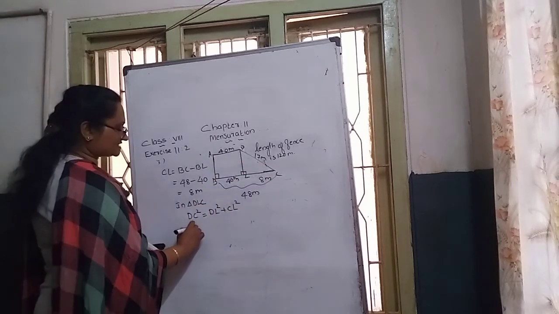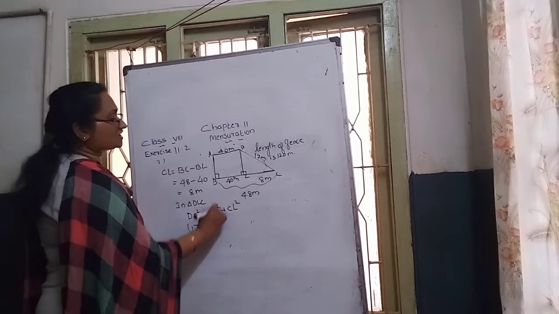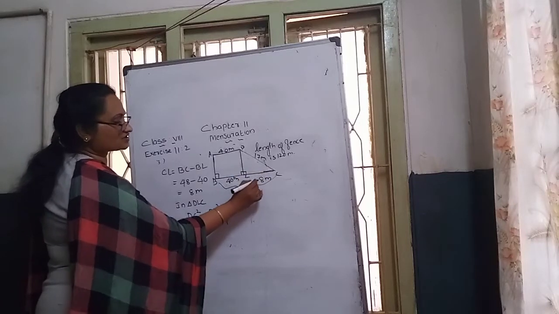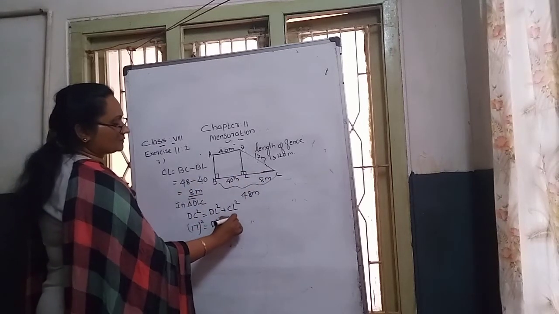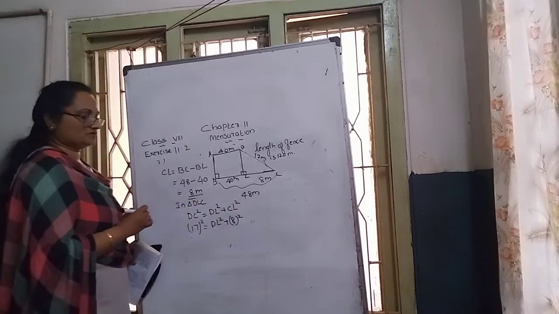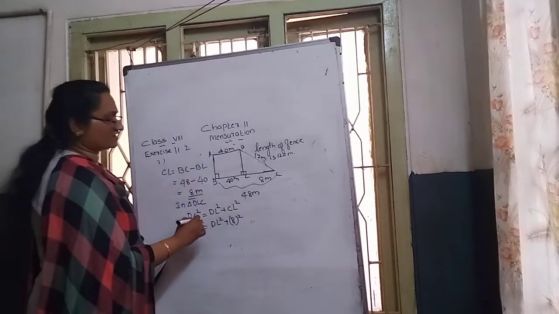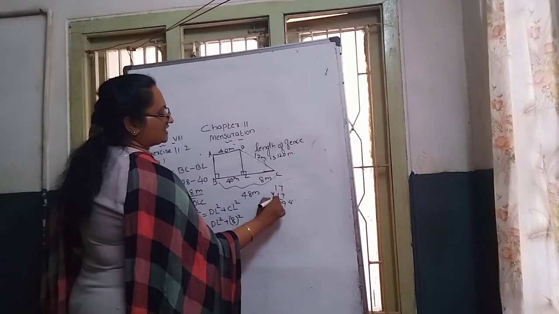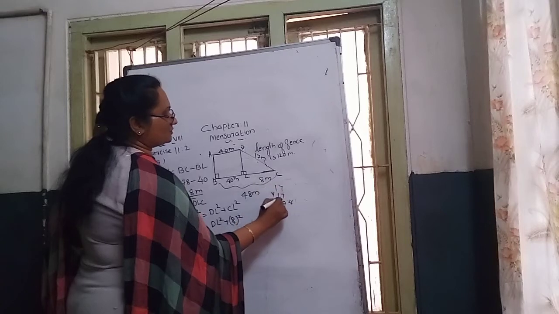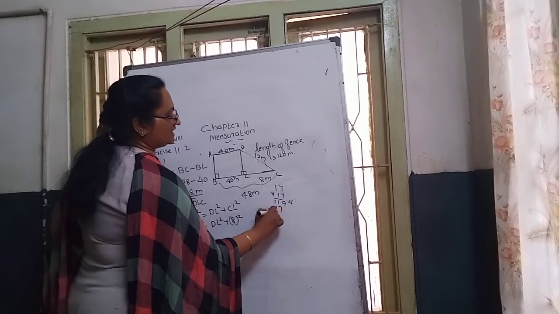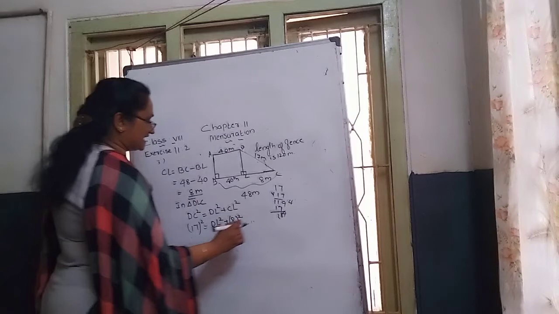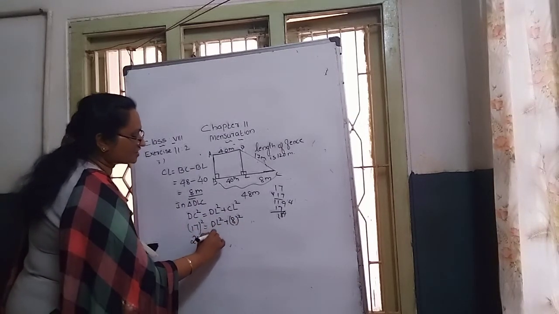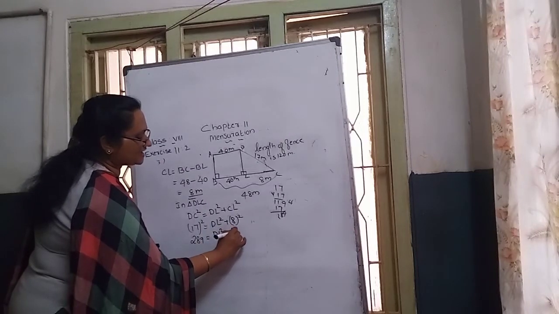DC value how much? 17, but the whole square. DL value we don't know; we want to find the DL value. Then CL value how much do we have? 8 meters, so 8 square. Again, continue. 17 square means 17 into 17, how much? 7 into 7 is 49, 7 plus 4 comes to be 11, and so on. 17 into 17 comes to be 289. DL square plus 8 squared is how much?